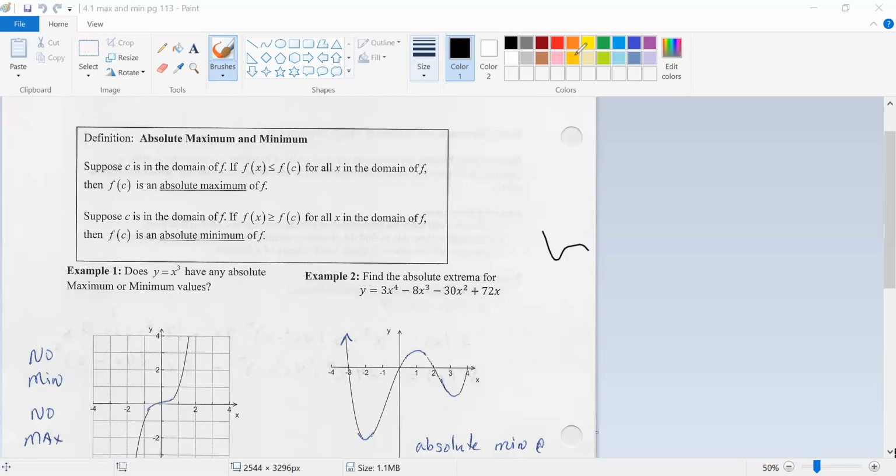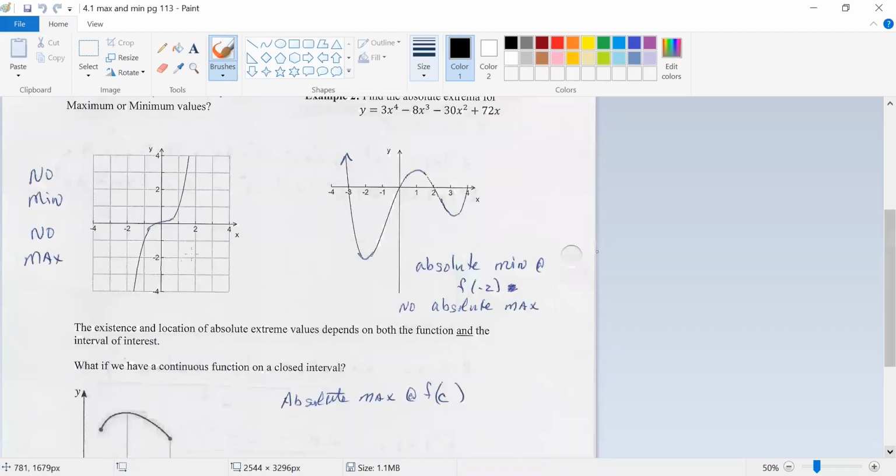Try and give me 1 second. So as I scroll down, if I ask you if there's a max or minimum on this function here on the left-hand side, this is a cubic function. Really, because this graph shoots off forever up and down, it doesn't have a max or min because in theory it's going off to infinity and off to negative infinity in this direction. So that graph there would not have any max or min values. Now something over here,